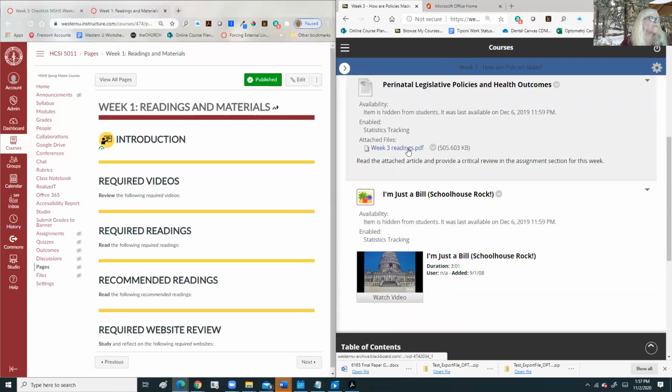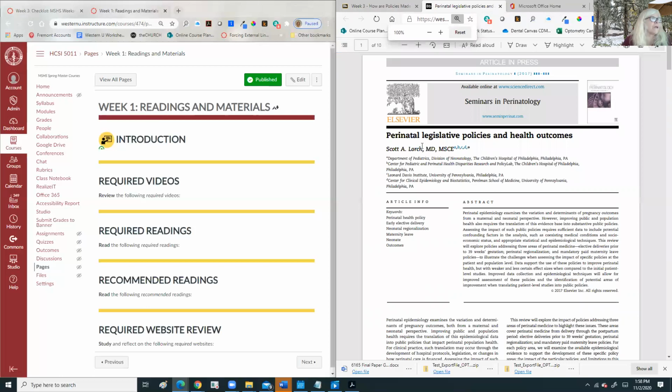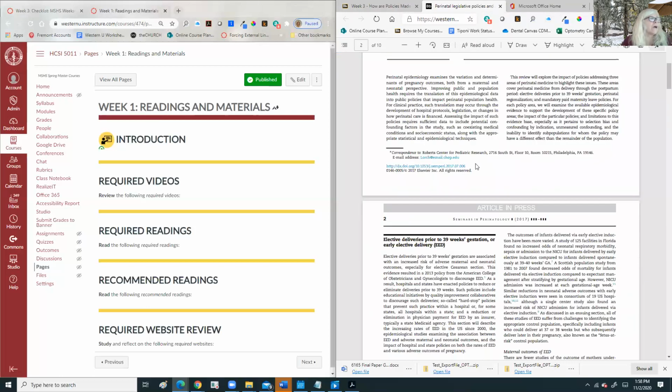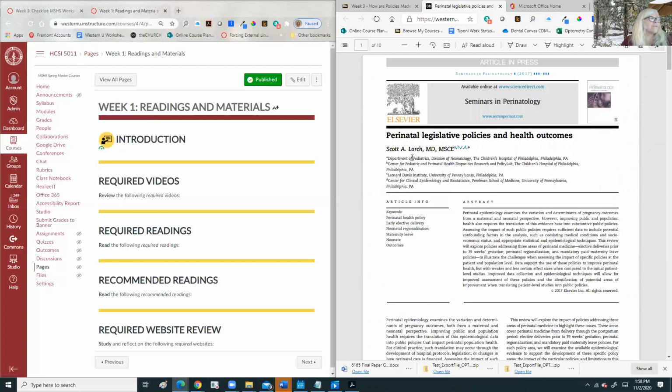So this week 3 readings PDF, let's see what that looks like. We'll download this article. This says week 3 readings. We are not going to call that week 3 readings. We're going to copy this name,